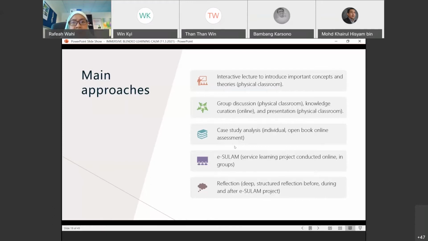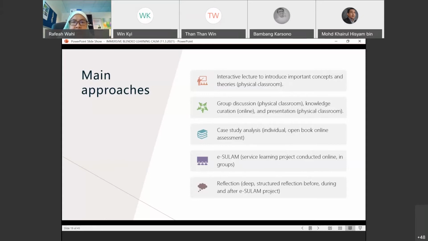And then we have case study analysis. Case study analysis is what we do to replace the mid-semester exam. So these students have a case study analysis, which is an individual assessment, open book online assessment. We gave them 24 hours to finish the case study analysis. And of course, before that, we gave them some samples and some time to learn how to do case